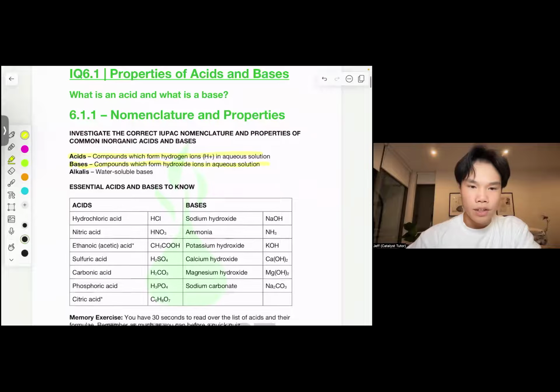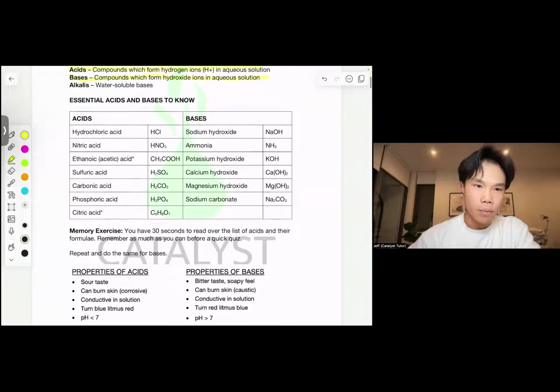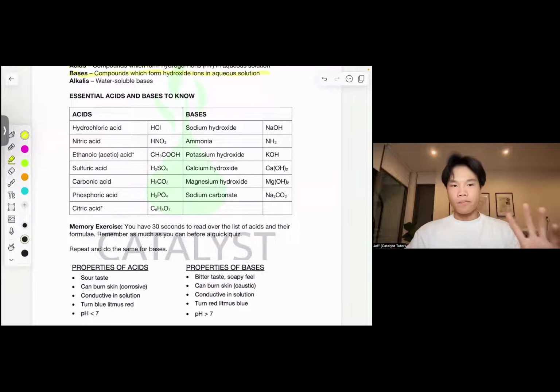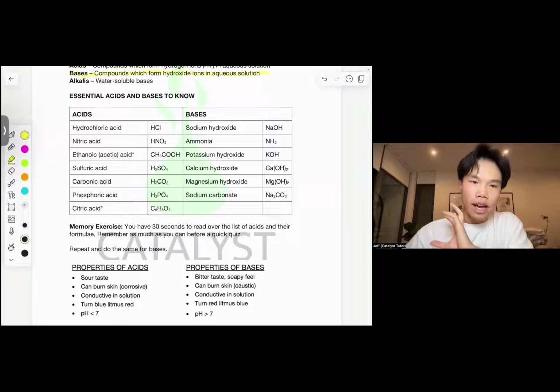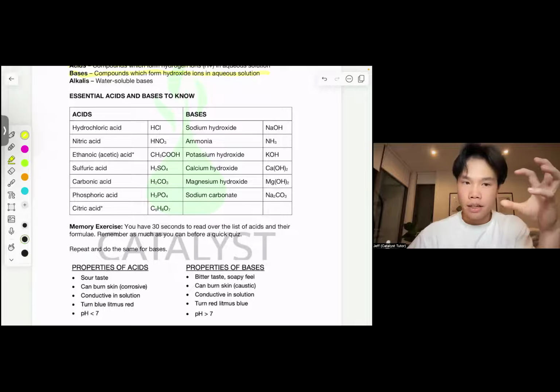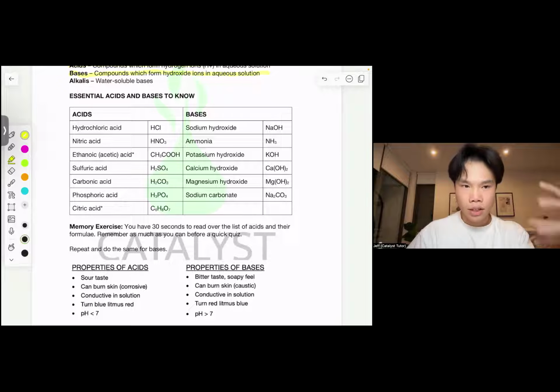In terms of the essential acids and bases you need to know, hopefully you've seen most of these already. When we name acids, they tend to end in ic, and for the ones that are formed with halogens, like hydrochloric acid, hydrobromic, you have a hydrohaloic acid. For the other acids, you're able to form acids with all your different polyatomic anions. So have a really good understanding of each anion, nitrate, acetate, sulfate, carbonate, phosphate, know their charge, know their formula,